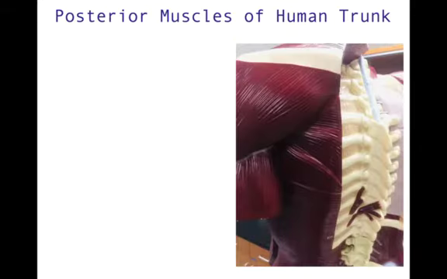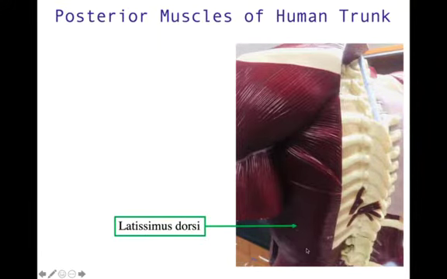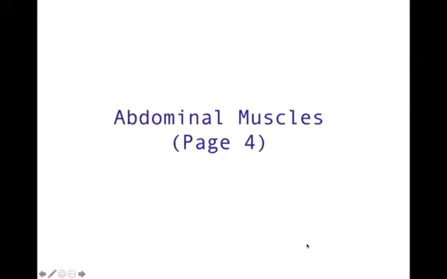All right, so where would that be on this model? Well, again, here's my trapezius, here's my deltoid, here's my infraspinatus, here is my teres major. Well, it's this muscle down here. That is the latissimus dorsi. And that should be it, guys, for the thorax and shoulder muscles that we see there on page 3